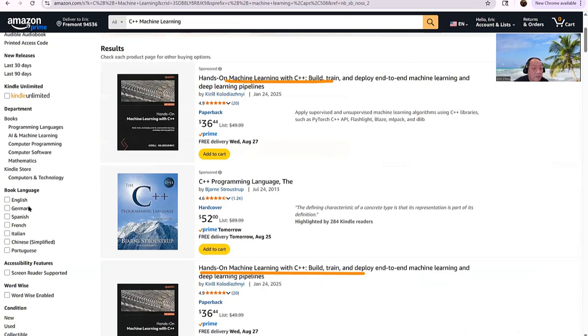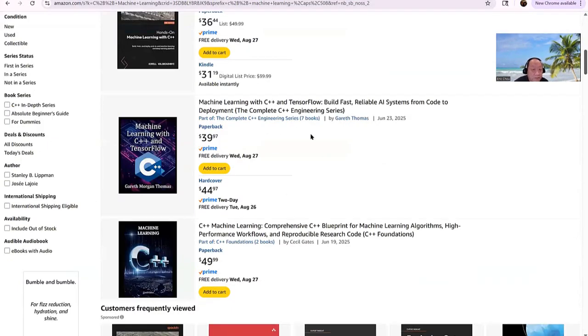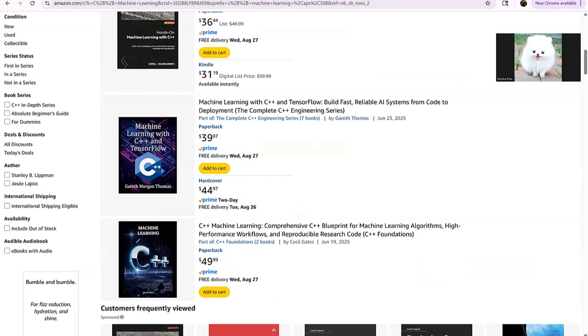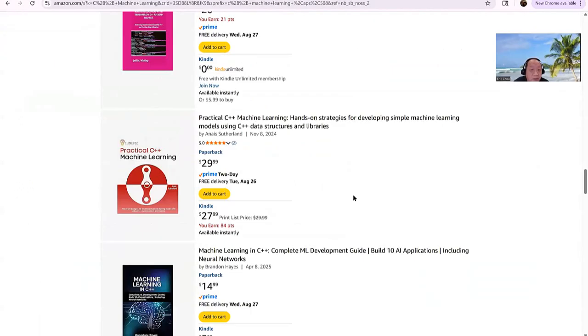Okay, there are quite many books on C++ for machine learning. Is that okay? Yeah. That's why in modern days, we still encourage students to learn C++, practical C++ machine